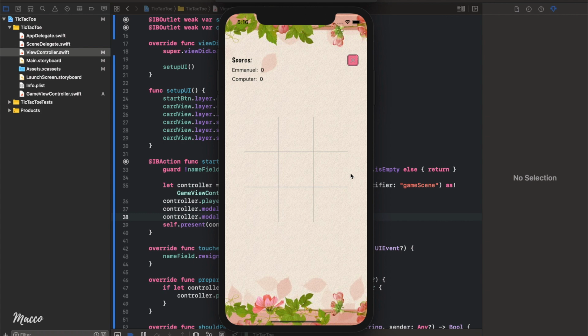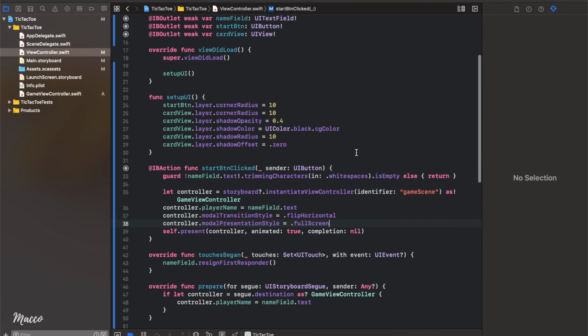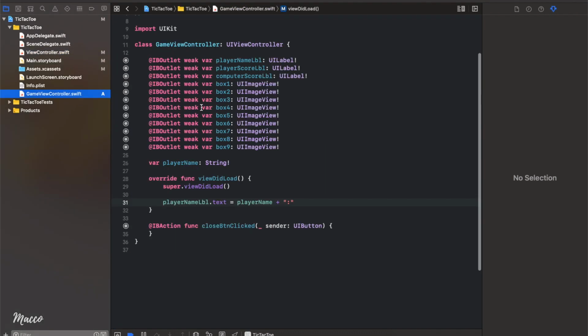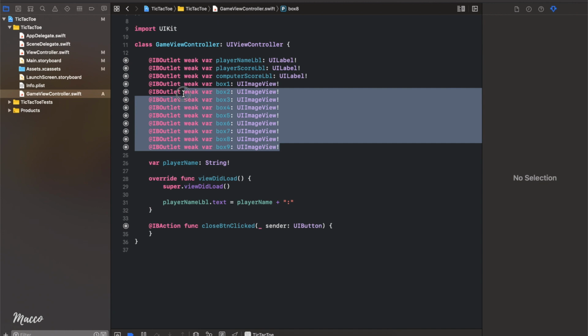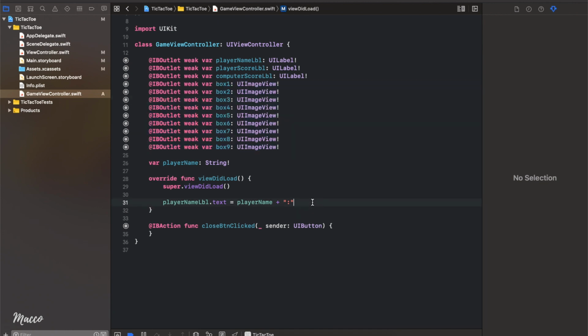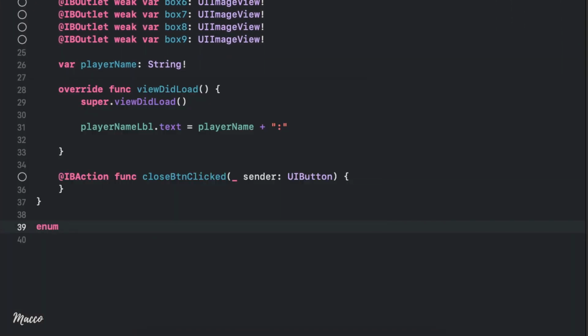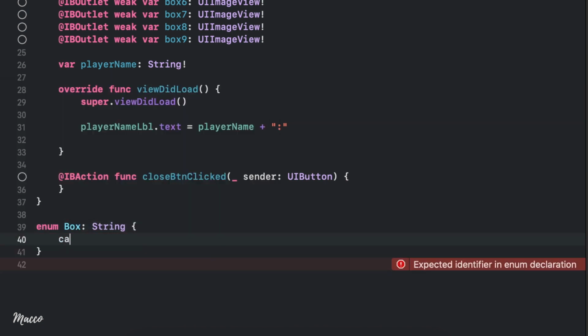So let's head back and start with the game itself. Let's head over to our GameViewController. And the first thing we need to do is actually add event listeners or tap gesture to all of our boxes. Just for the sake of playing around with enums, let's create an enum that holds the name of each slot. So I'm going to call this box, and it's going to be of type string. So we're going to have cases for 1,